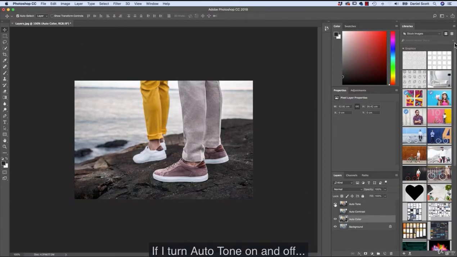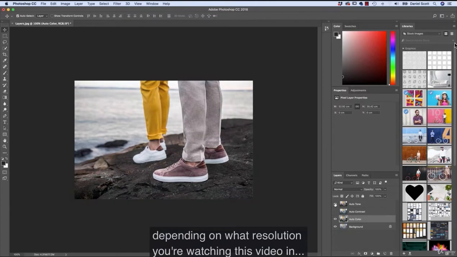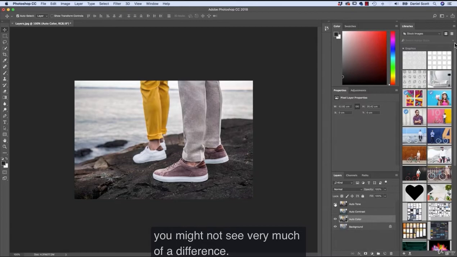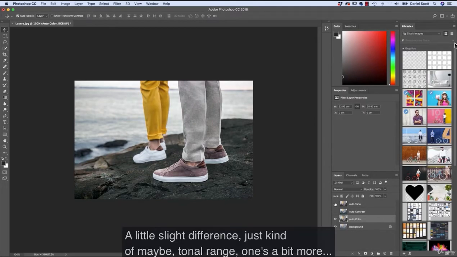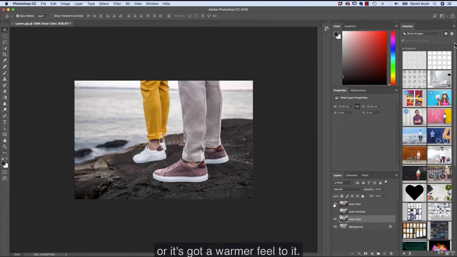So if I turn auto tone on and off, depending on what resolution you're watching this video in, you might not see very much of a difference. Okay, there's a little slight difference. It's just kind of maybe tonal range. Auto tone has got a warmer feel to it, and auto color has just a tiny green tinge to it. So a couple of things we've learned is